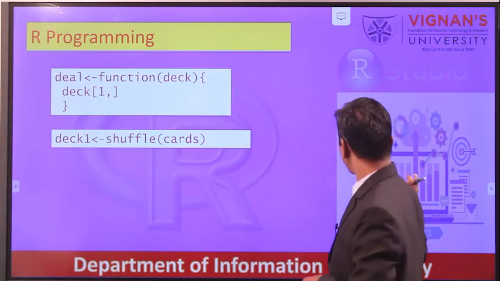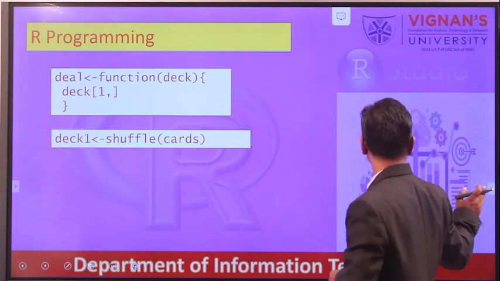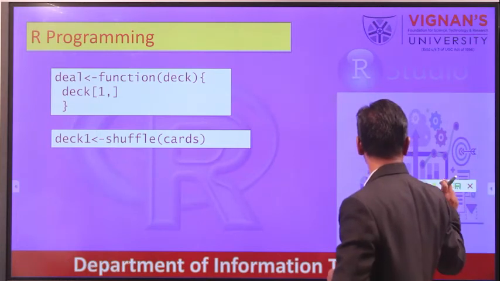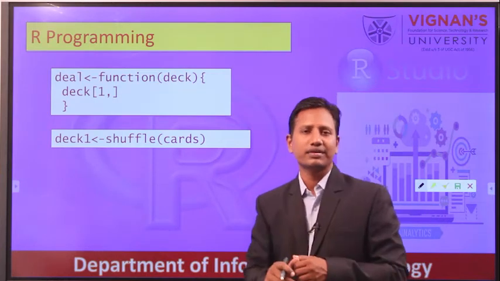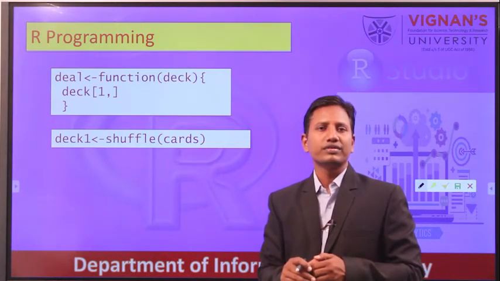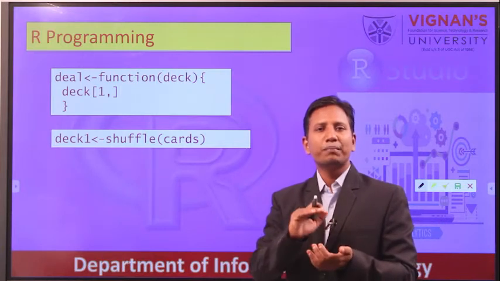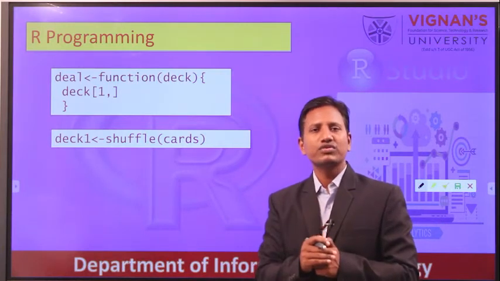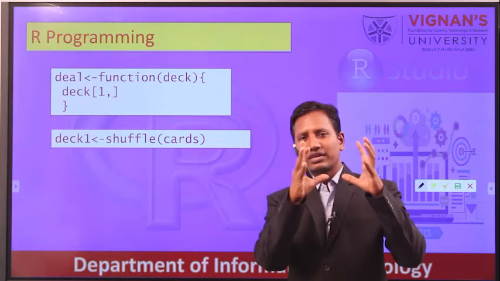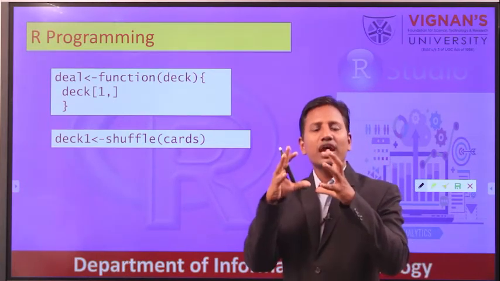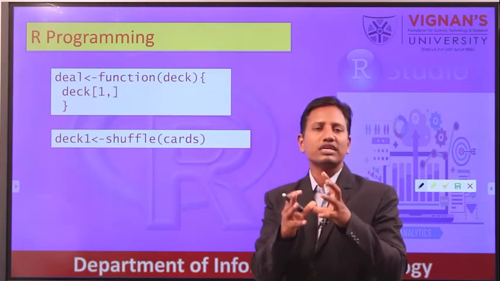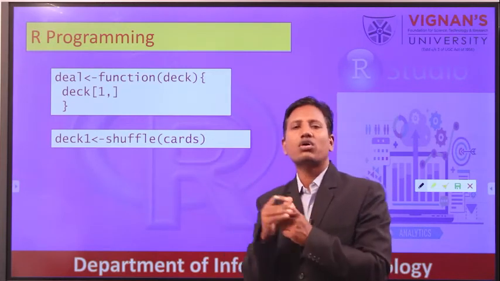And now our third task was to deal a card. Deal means picking a card. So we have created a 52 set of cards and we have shuffled those cards, and now we wanted to pick a card.